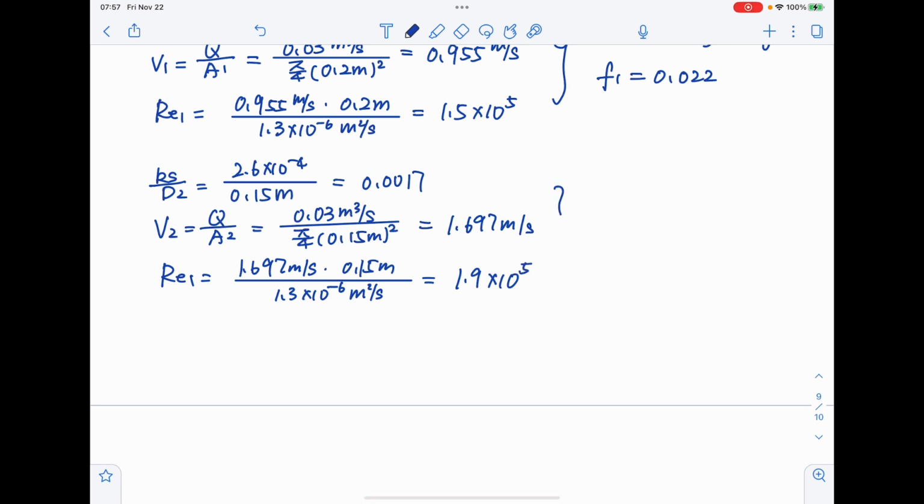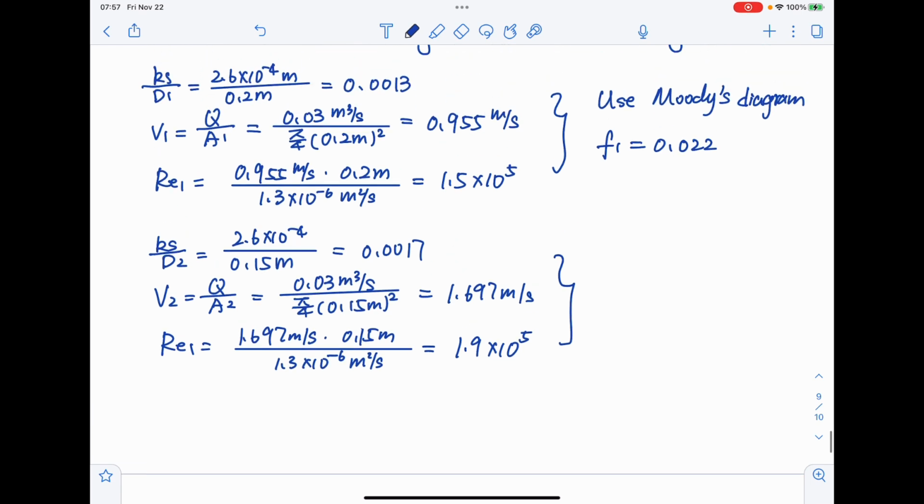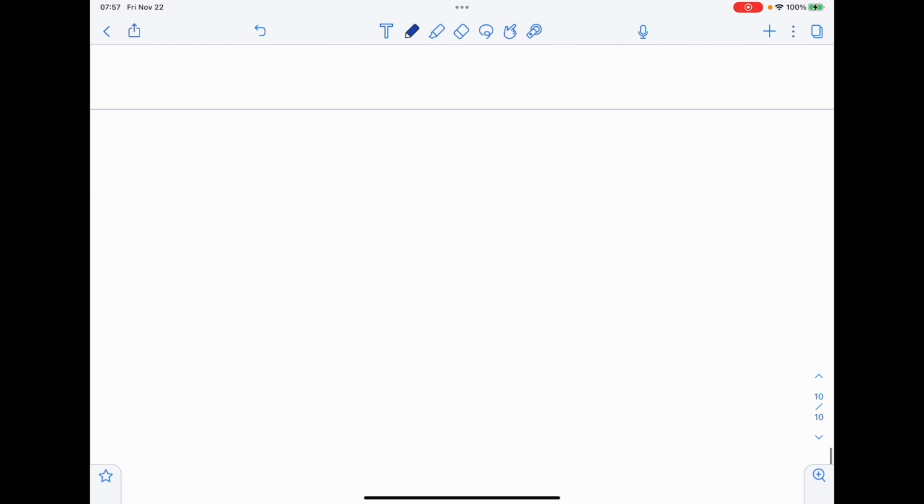And we will use the Moody diagram. f2 then equals 0.024. Okay, so